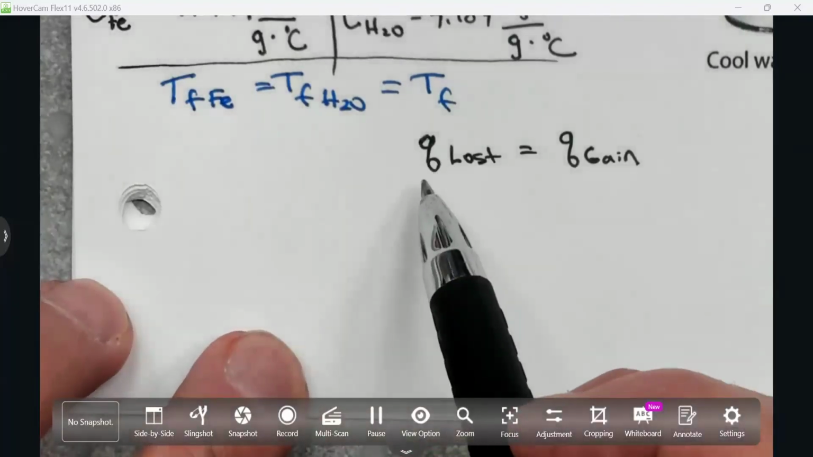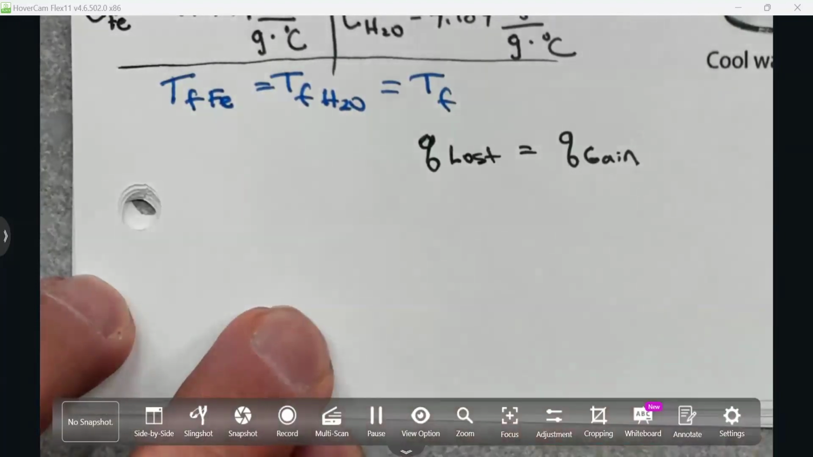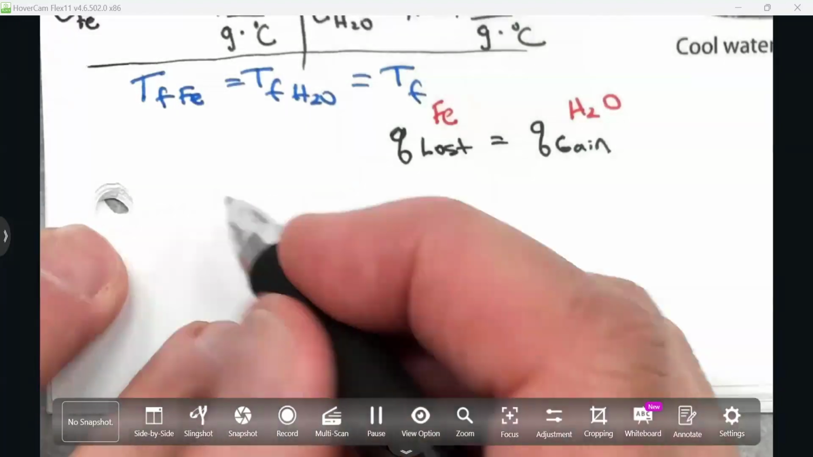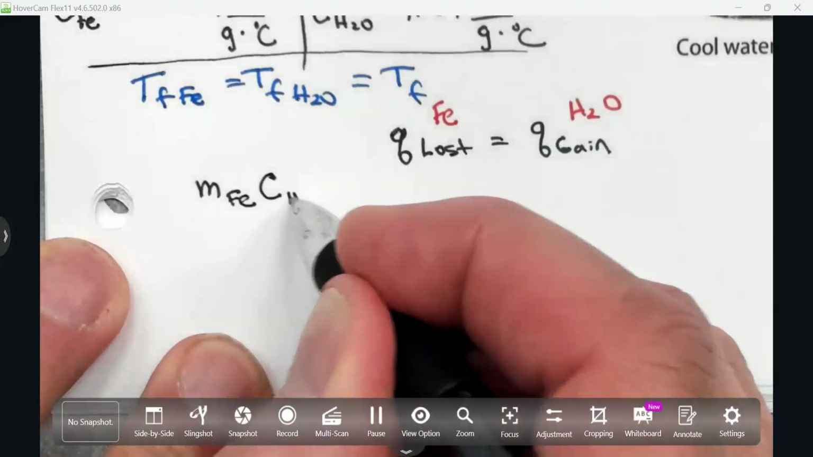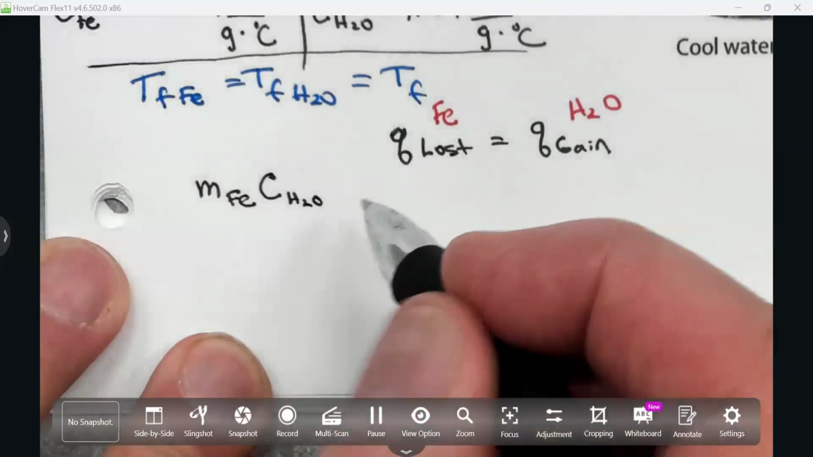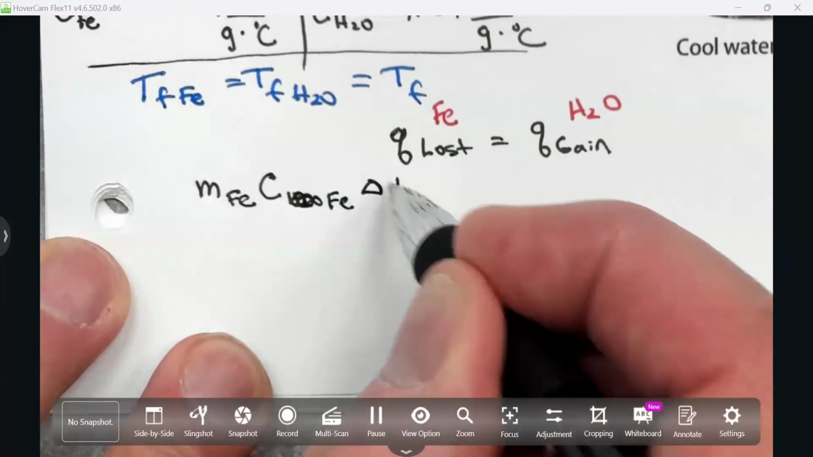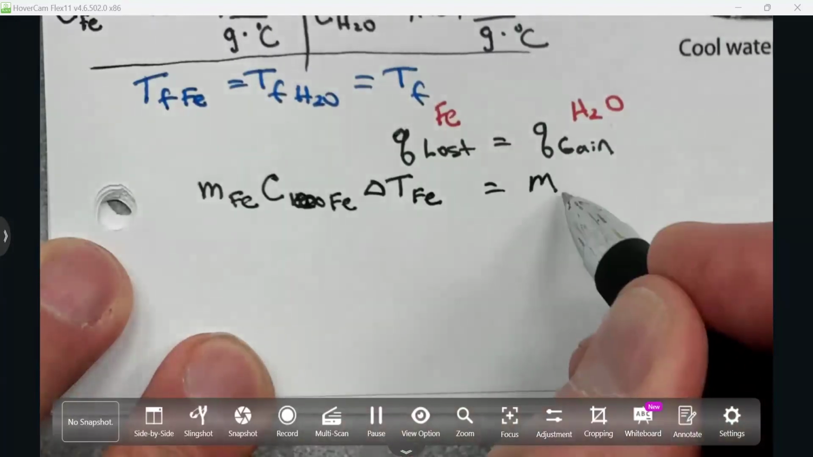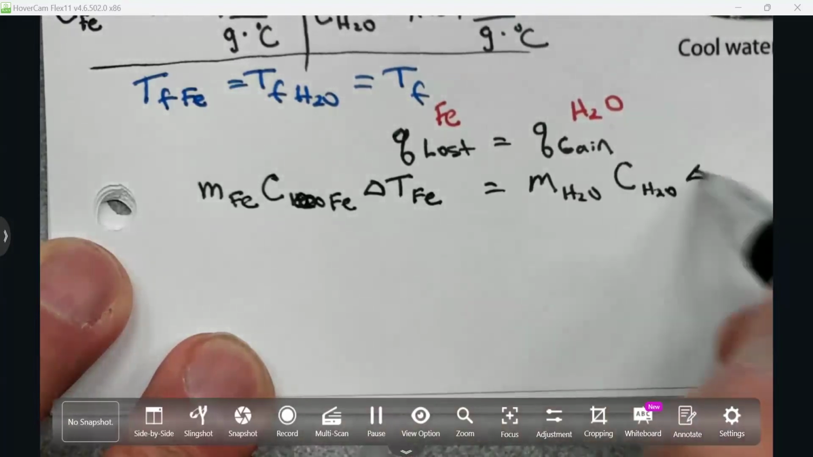My Q is MC delta T, right? My heat energy, mass times specific heat times change in temperature. So my Q lost, again by my iron here, is going to be my mass of my iron, specific heat of my iron, change in temperature of my iron equals mass of water, specific heat of water,